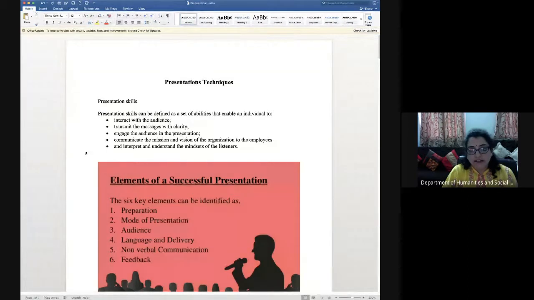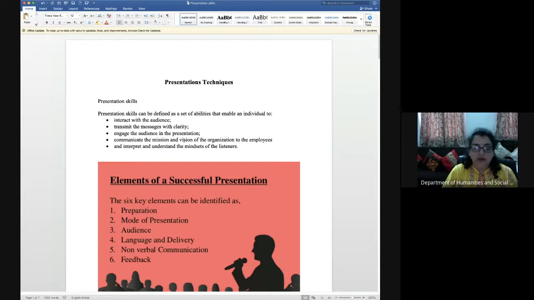The third point is to engage the audience in the presentation. If you are continuously asking questions, then people are engaged in it. They like the presentation when you keep on asking questions. You try to involve them by having good eye contact and all those things, which you can feel, so that the audience is interacted with well. This is how you can engage the audience.